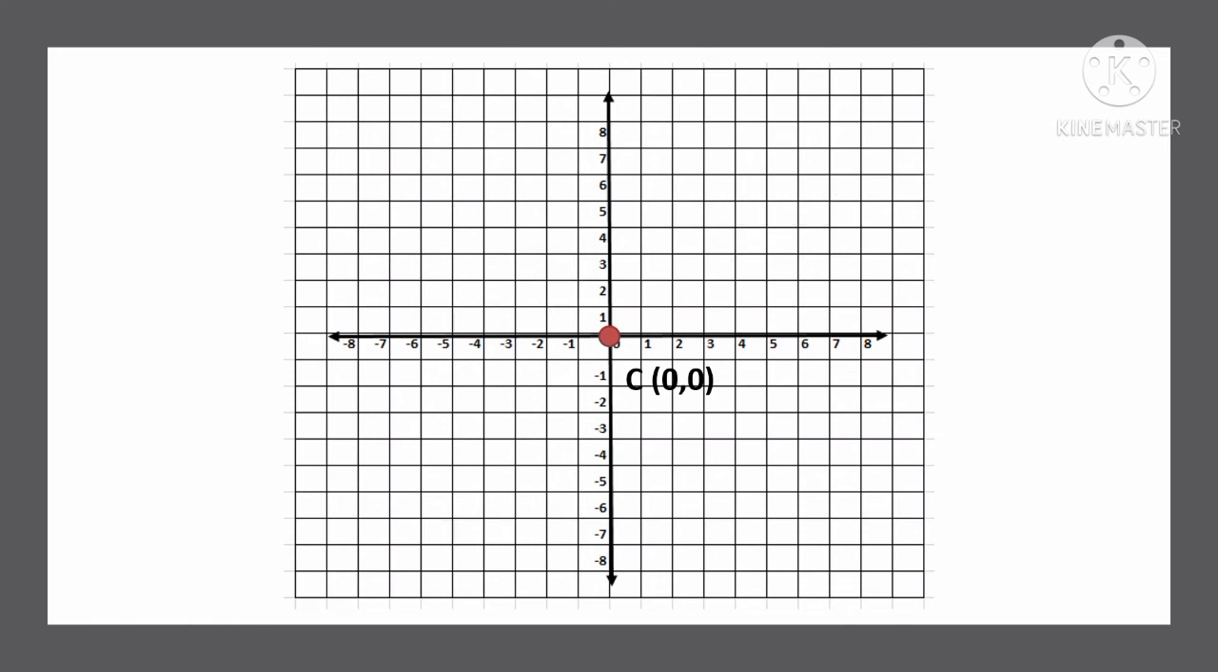In quadrant 2, x is always negative and y is always positive. In quadrant 3, we also have x and y both negative. In quadrant 4, x is always positive and y is always negative. If we already have the center, which is (0, 0), for us to easily plot the points, from